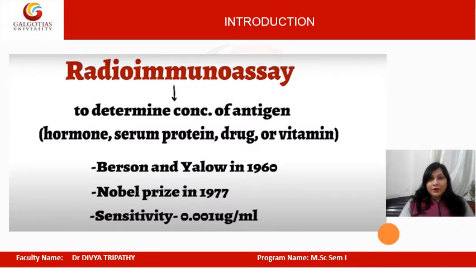Now, before coming to the exact topic, that is radioimmunoassay, we should first understand what is immunoassay. An immunoassay is actually a biochemical test that measures the presence or concentration of a macromolecule or a small molecule in a solution by using antibodies or antigen. This is a type of qualitative as well as quantitative technique, by using immunoparticles. We know the immunoparticles are antigen and antibodies.